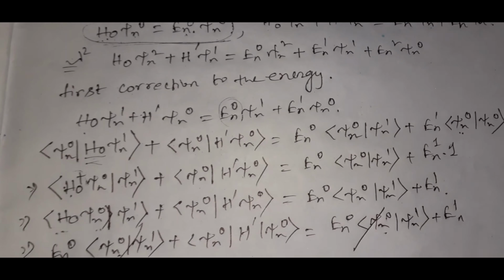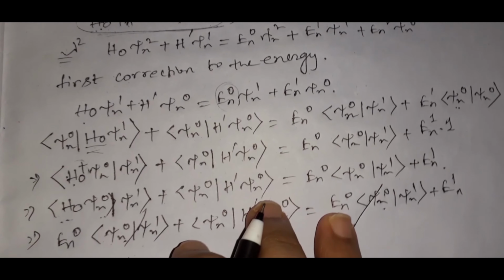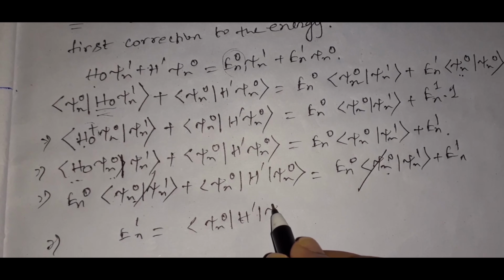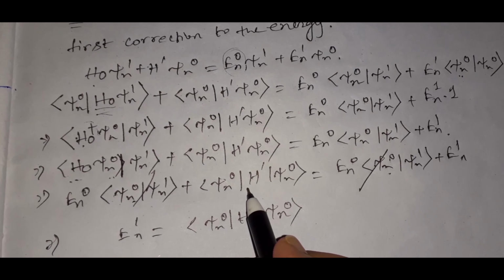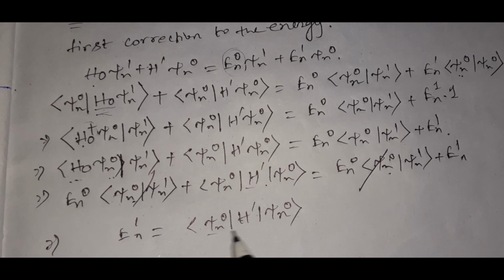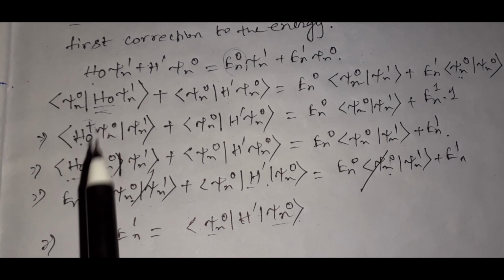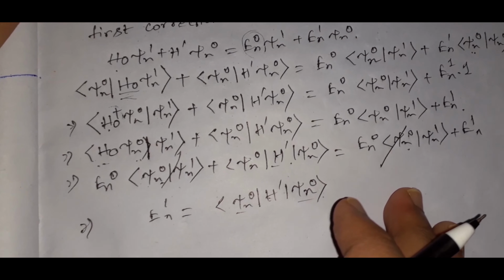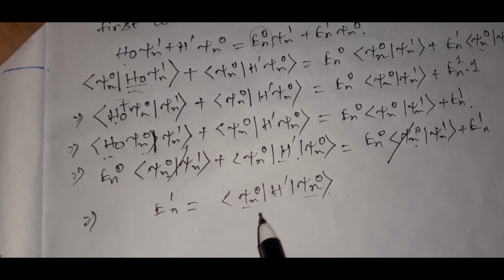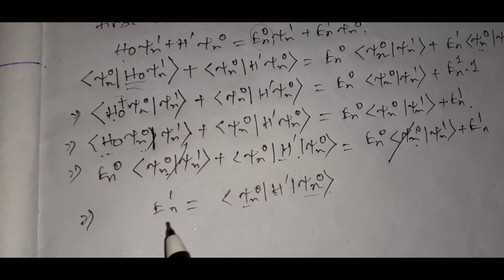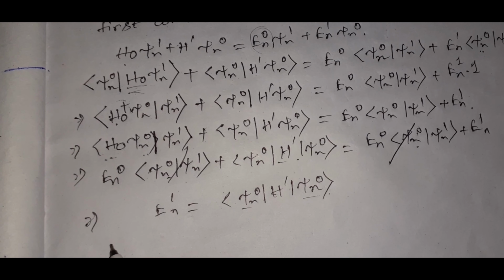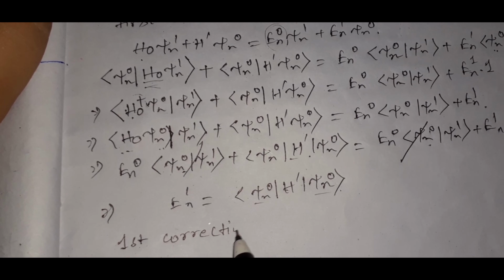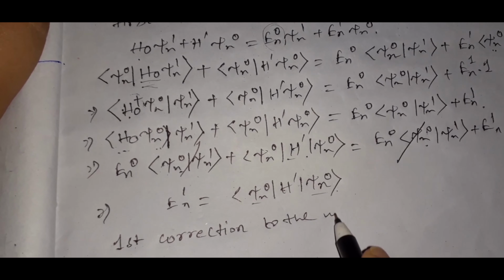We get that the first correction to the energy is the expectation value of the perturbed Hamiltonian for the normal infinite square well potential wave function. Okay, so this is how we get the first correction to the energy. Now if we want to find the first correction to the wave function,